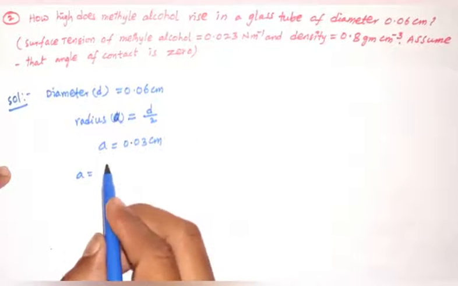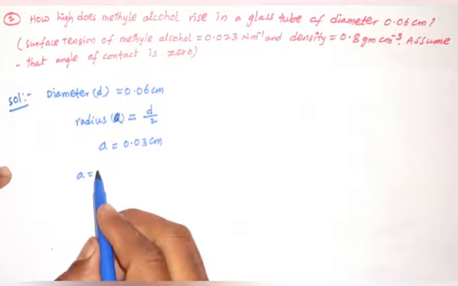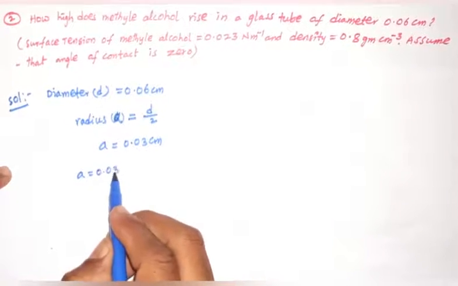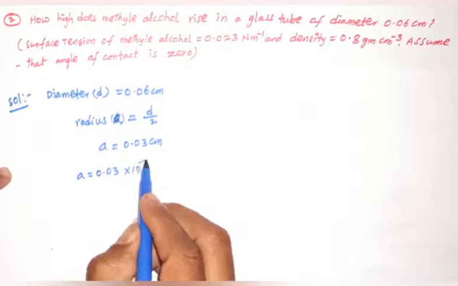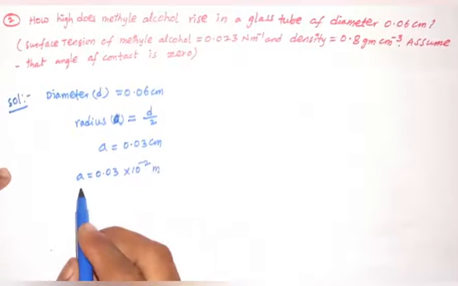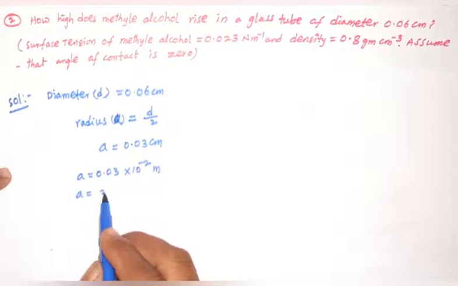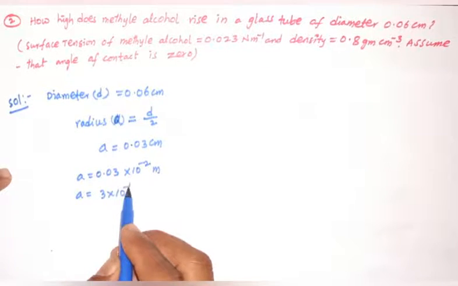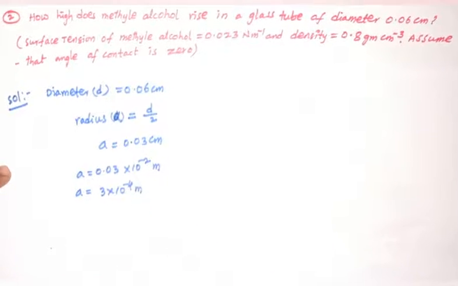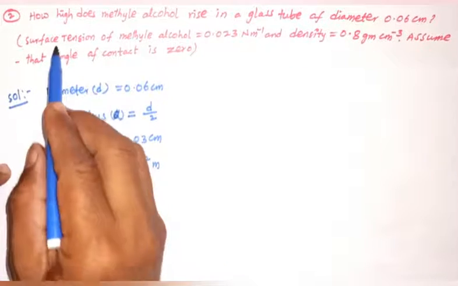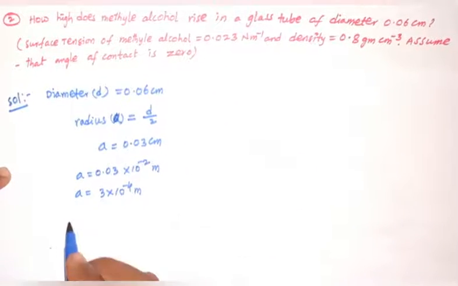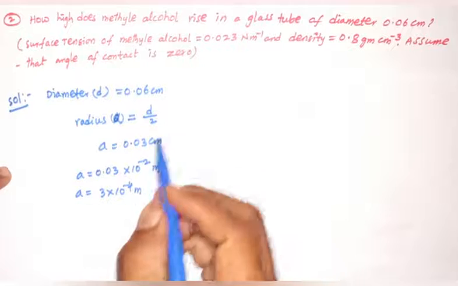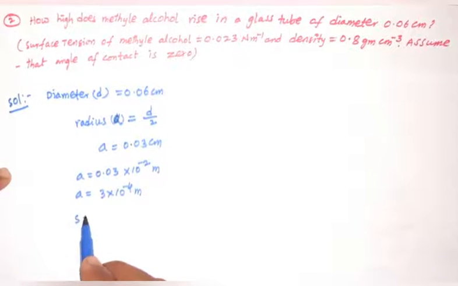It is converted to meters: 0.03 into 10 power minus 2 meters, which is also written as 3 into 10 power minus 4 meters. Surface tension of methyl alcohol, here surface tension S equals